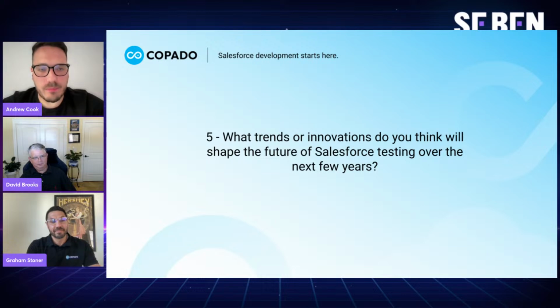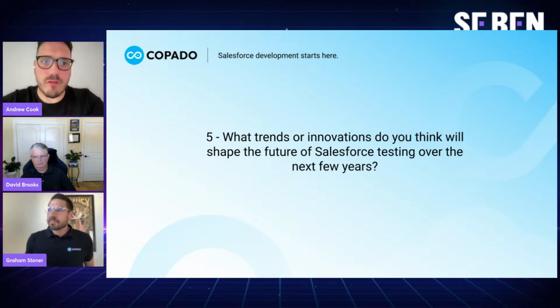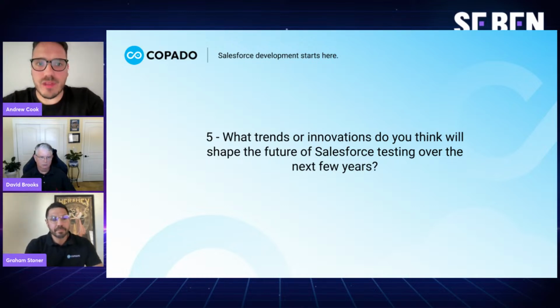I think it'll be naive to not mention AI at this point. I think there's been such a big push in everything AI over the past 12 to 18 months or so. I'm surprised that we've not seen more of AI powered testing on the Salesforce front already, considering all of the other different AI features that have been kind of rolled out over the last year or so. So I think that's one of the big things. So we're going to see more AI powered tools for generating tests and optimizing the execution of those tests as